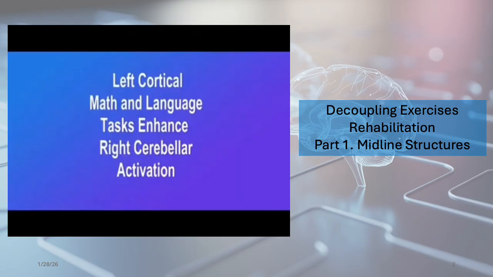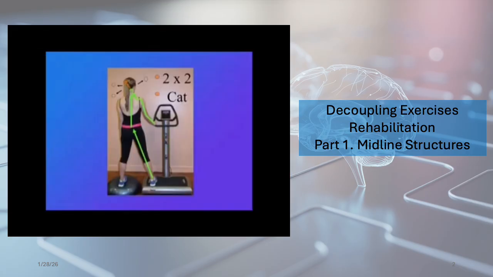Top-down activation, math and language. Now, for top-down activation of the right cerebellum, we want to do tasks that are associated with the left hemisphere. Examples are mathematical calculations and also language. Two simple tasks that we have the patient do to activate the left side of the brain and ultimately stimulate the right cerebellum. From a top-down perspective, we'll have them recite multiplication tables while they're on the whole body vibration,